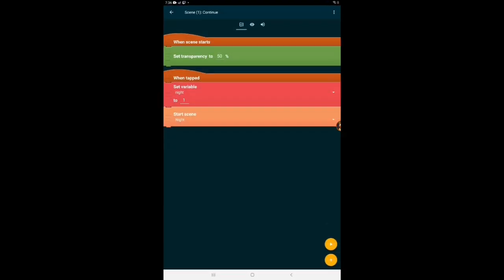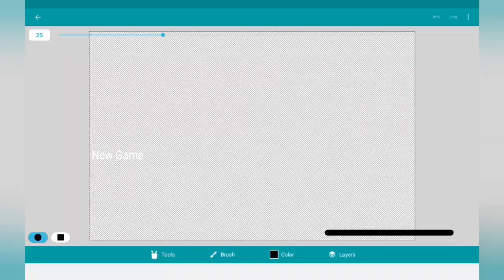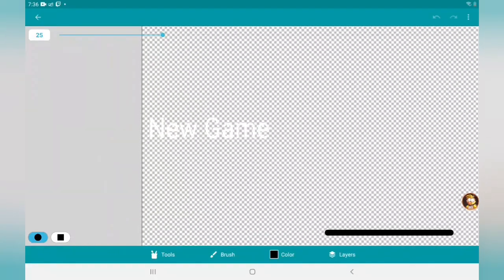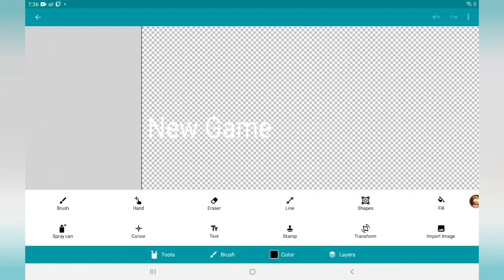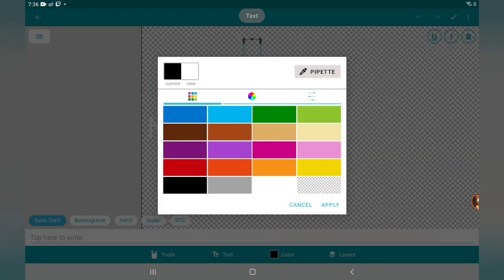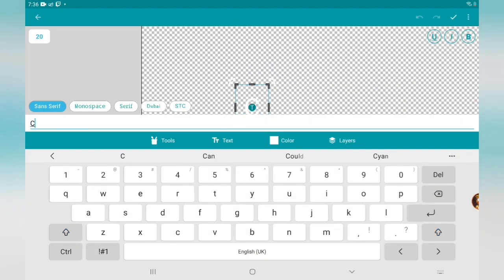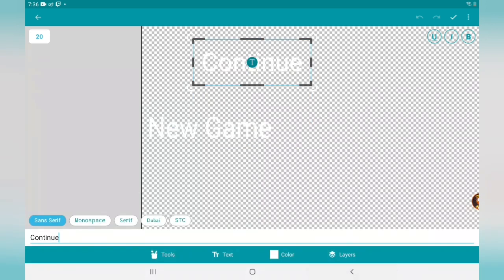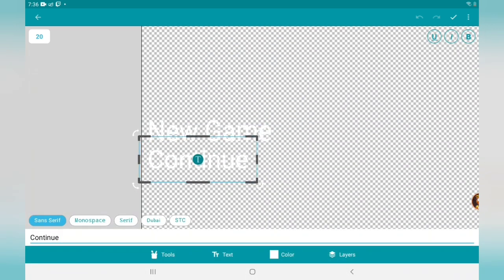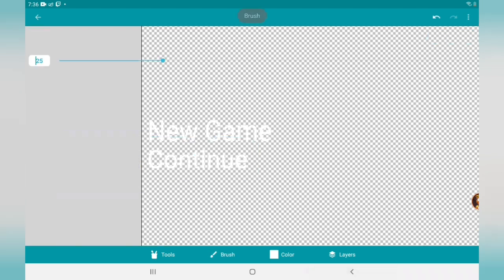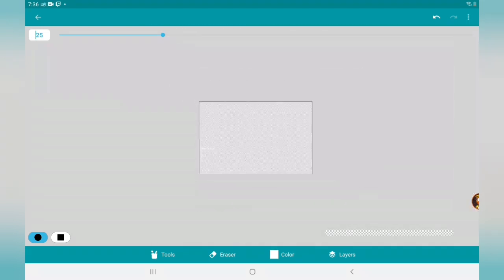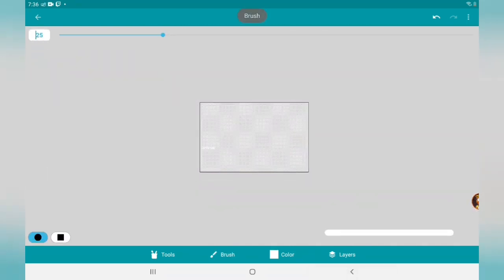Enter in, go to looks, and right below the new game, create new text, make it white, and write down continue, and paste it right below there. And now go to tools, eraser, and just erase all this new game text. So now we just have continue. Now we can exit out,